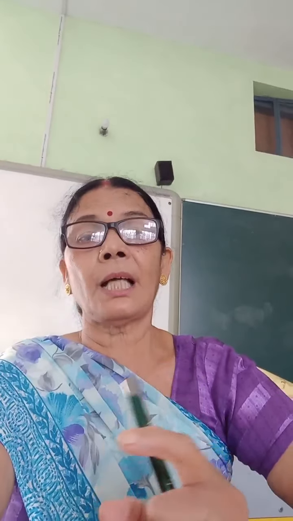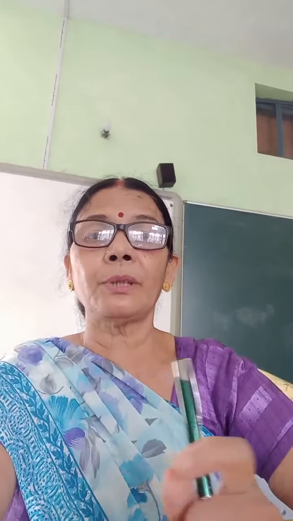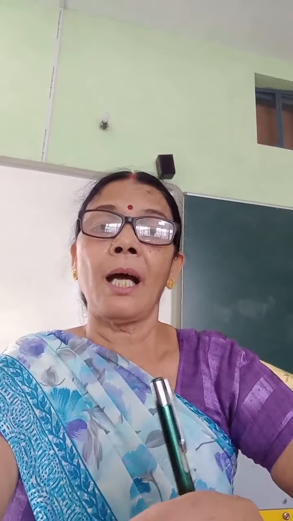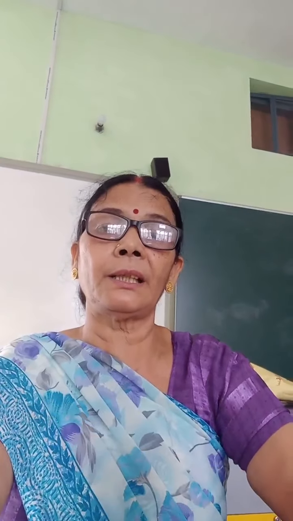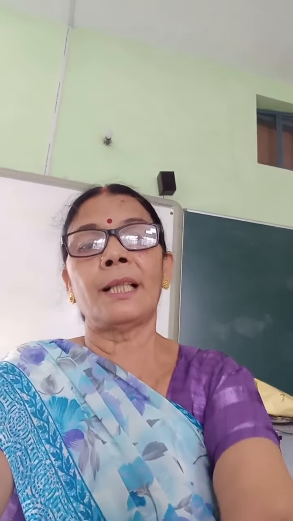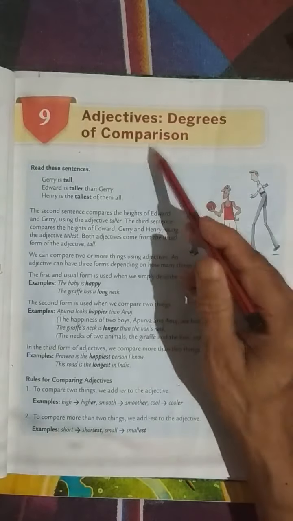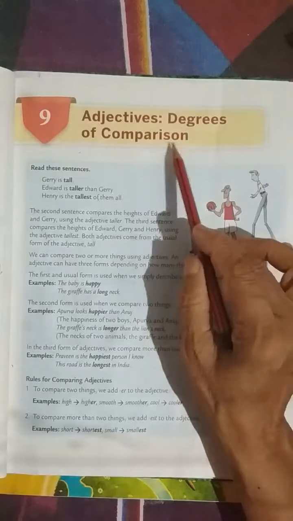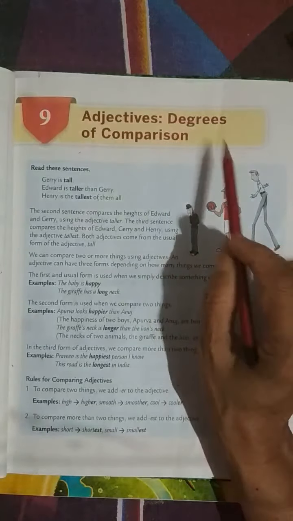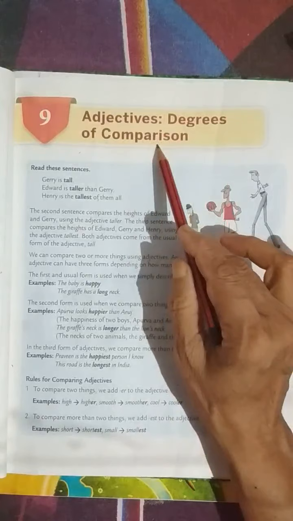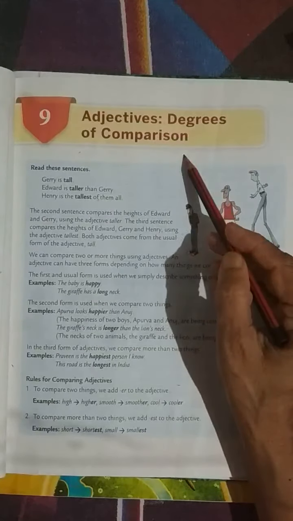दो चीज़ें आपस में उनको कंपेयर करने में या more than two things को कंपेयर करने में how can we use the adjectives. Okay, so today you will learn this in your lesson number 9, comparison, degrees of comparison कहलाते हैं. So in this lesson you are going to study about the degrees of comparison. To compare the things, किसी चीज़ की तुलना करने में we use adjectives, and in this lesson you will see how we use adjectives to compare the things.